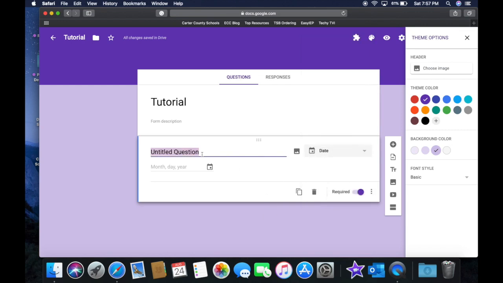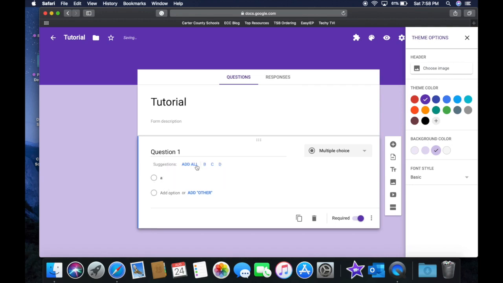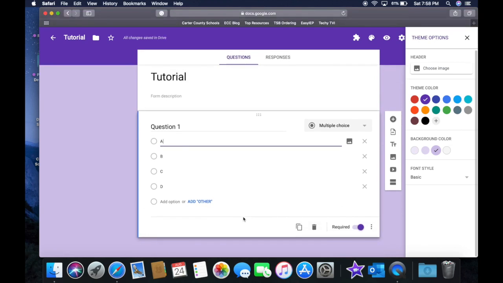So let's say I have question 1 and it is multiple choice, and I have options A. You can see it suggests add all B, C, D. It's going to change all of those. So I have A, B, C, D, and let's say all of my questions on this form are going to